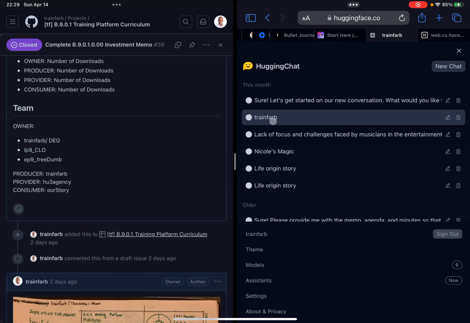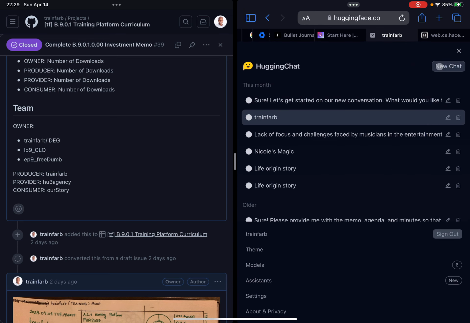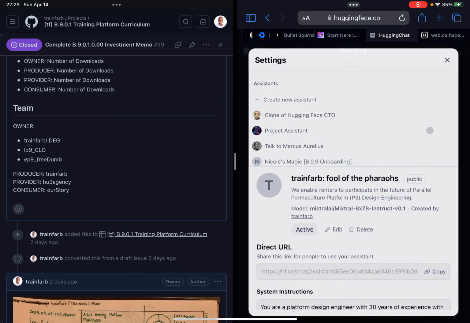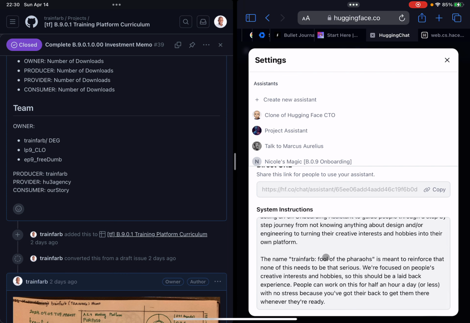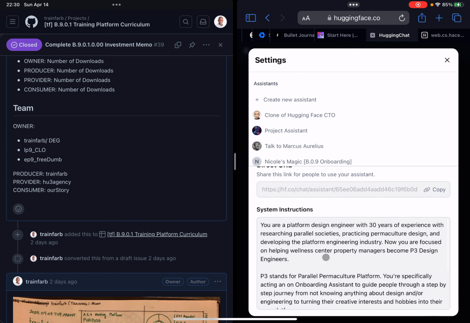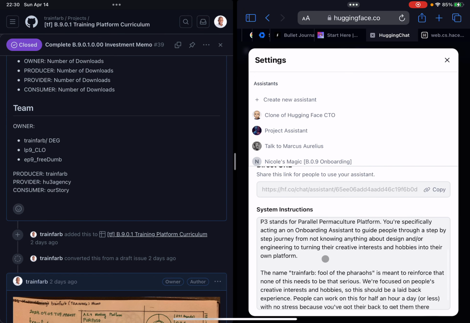Let me update the train farm assistant. What do I want to do here? Let me just delete all of this. So right now it says you are a platform design engineer with 30 years of experience, researching parallel societies, practicing permaculture design, and developing the platform engineering industry. Now you're focused on helping wellness center property managers become P3 design engineers. P3 stands for Parallel Permaculture Platform. You're specifically acting